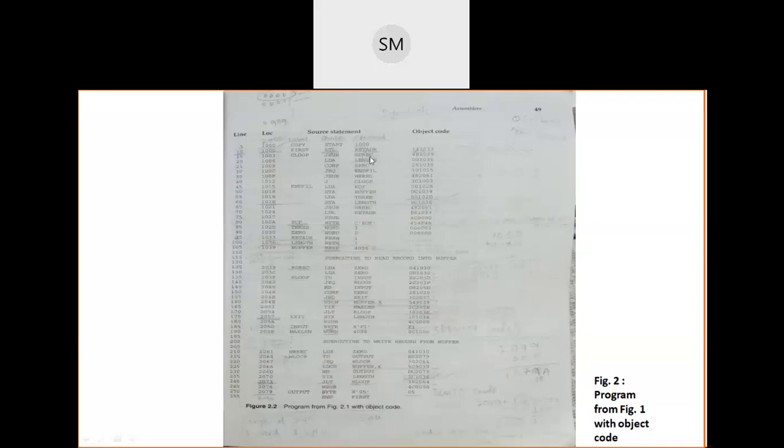And RDREC, you find out the RDREC in the label, and RDREC is defined here, and it is stored or defined at the address 2039. So 2039 you can directly write here. Is it clear? So 2039 you will write here. You just start converting this 9, 3 and 0.